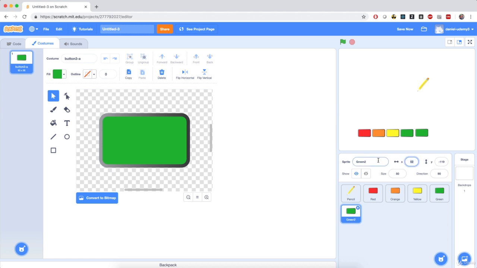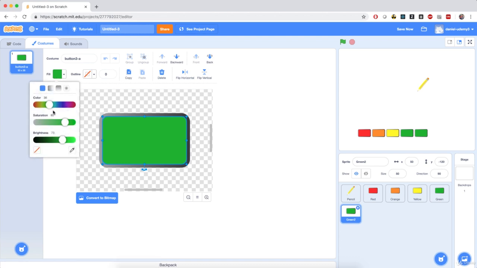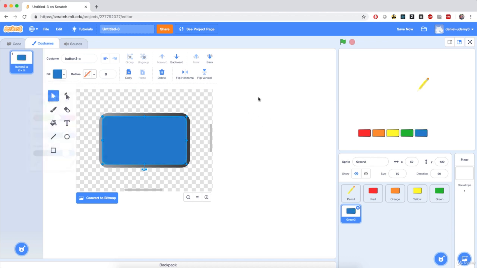I'm going to specify x equals 50 and y the same, negative 120. So they're all aligned. Click on the rectangle, drag the slider for the color in the blue zone. And I'm going to make this a little bit brighter. So something like that, maybe. And when you're satisfied, click outside. So we have a blue selector. I'm going to name the sprite blue. Then I'm going to duplicate it,